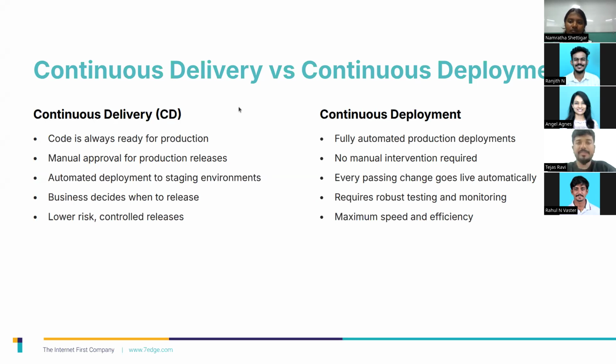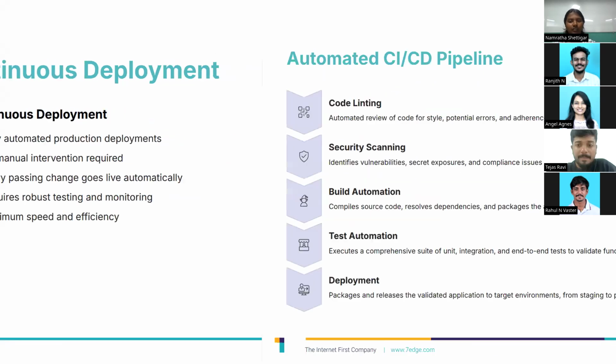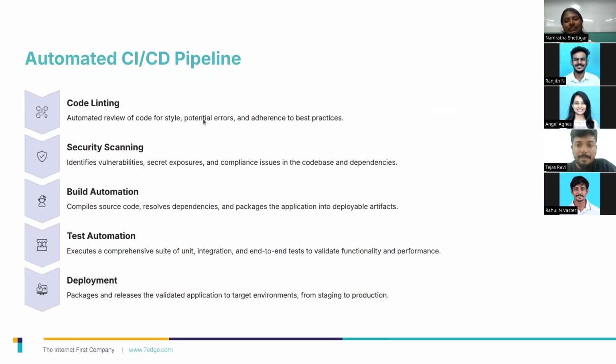So yeah, Namrata, we had a question: why do CI/CD pipelines have many stages instead of just one big deploy button? Well, each stage in the CI/CD pipeline exists to catch problems as early as possible, as I said before. We can think of airport security: we don't check everything in one place. There are multiple checkpoints. Same in the CI/CD pipeline, there are multiple checkpoints to check each thing.